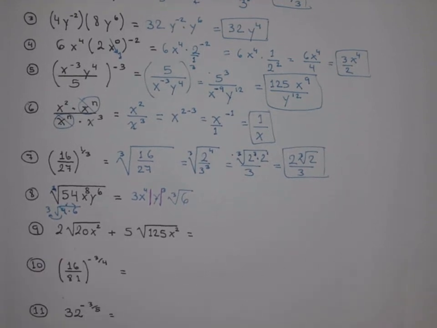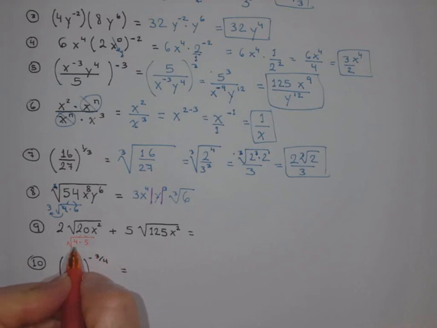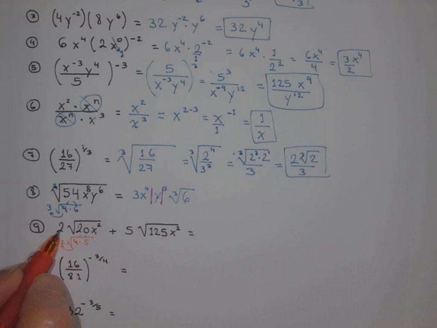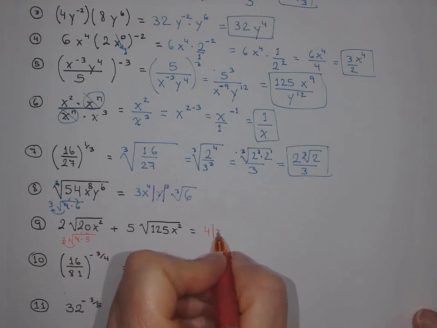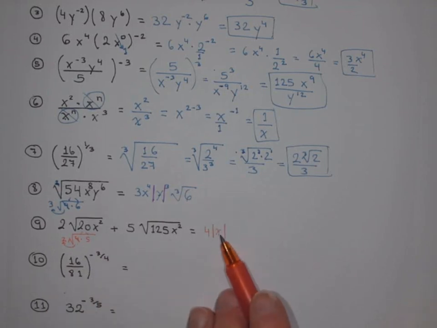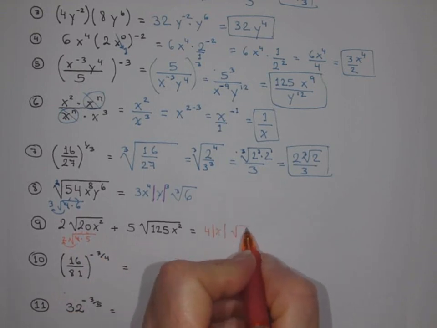So let me switch colors here. 20 is the same thing as 4 times 5, so the square root of 4 becomes 2, so that comes out as a 2. But there was already a 2 in the front, so those two 2's will be multiplied. So 2 times 2 is 4. The square root of x squared is going to be just an x, but again I need that absolute value because I need to make sure this is going to be a positive value. It was in a square root after all, right? And then the 5 here stays, so I'm going to have a square root of 5